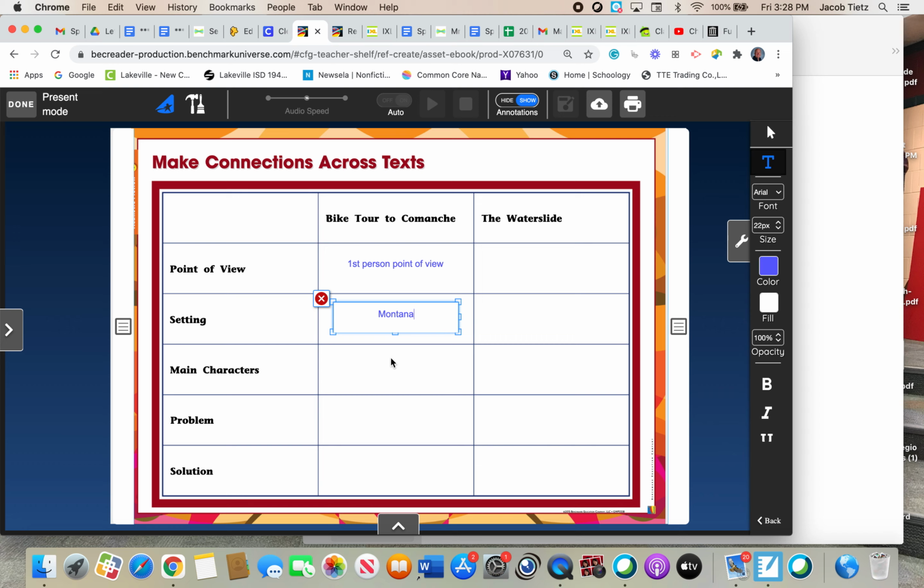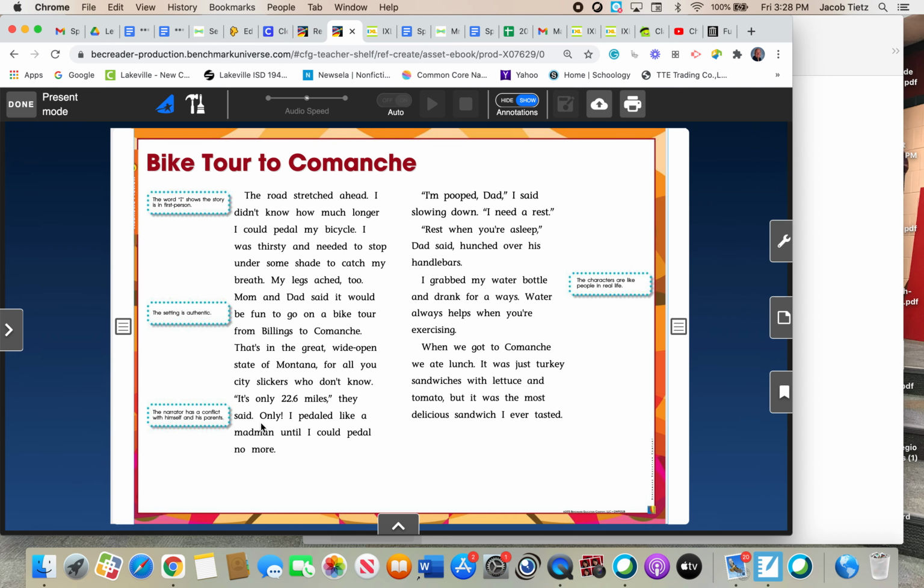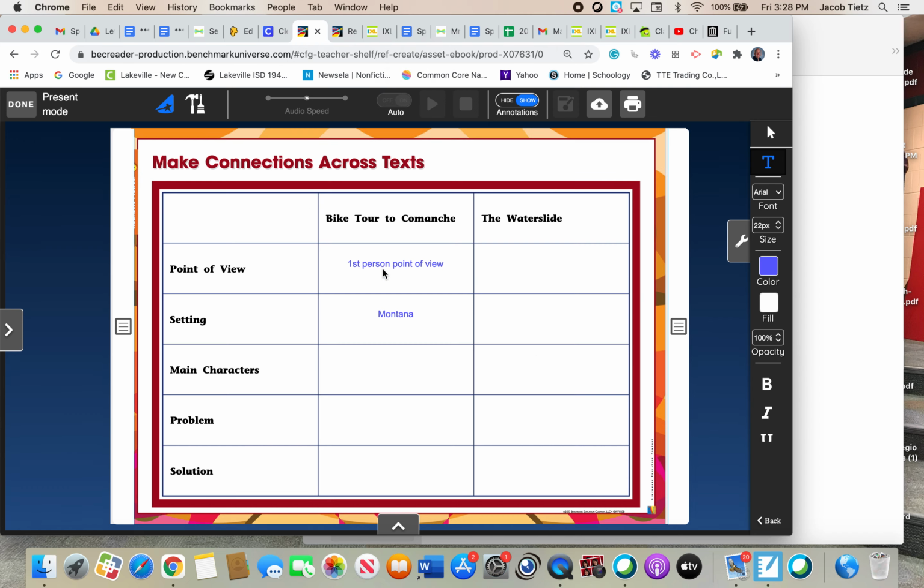Now, the main character is the next thing we're going to look at. Main characters, okay? The main character, they don't really give us his name. They say I, but we're not going to write down I. We'd have to figure out, is he a boy or a girl? Let's see. My legs ached. They said it'd be fun. Rest when you're asleep. So we know that it's a kid, at the very least, who is biking with his parents. So if we're going to do the characters of the story,